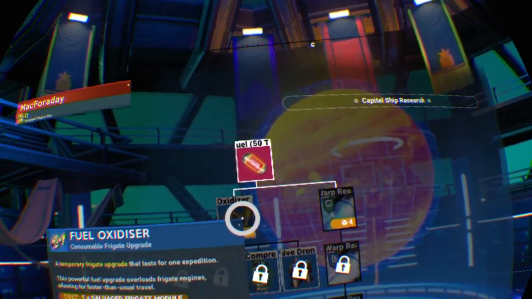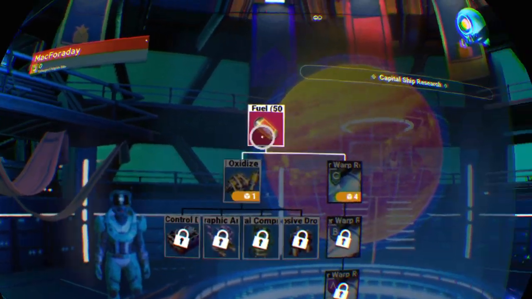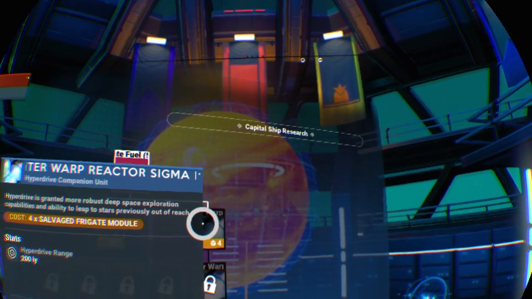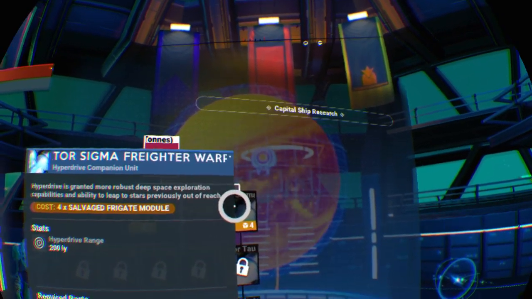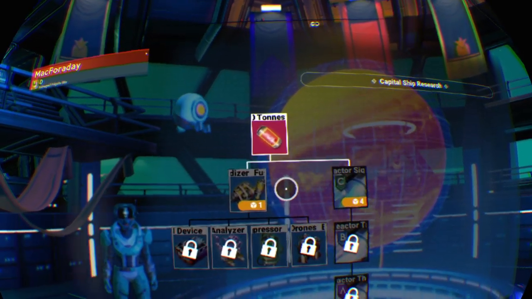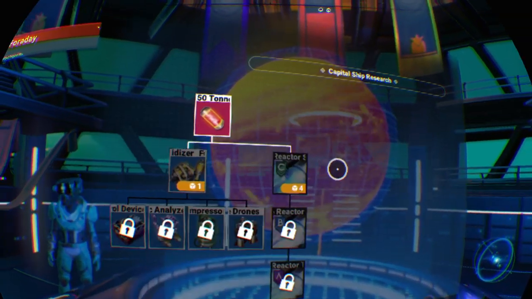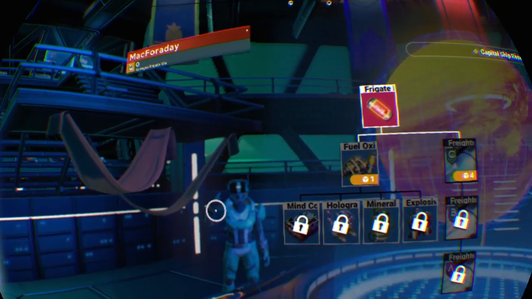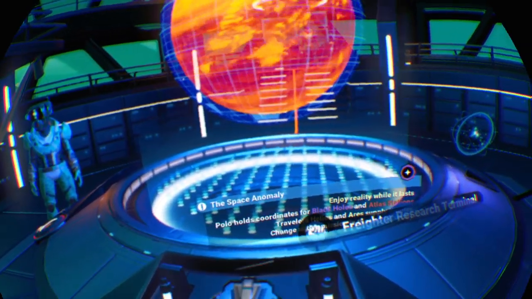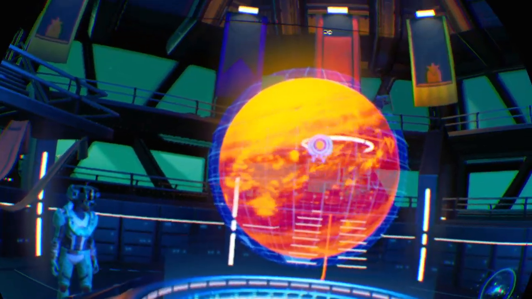You can get them from frigate missions, but you can also get them from crashed freighters. So someday I may do a video showing me getting them from crashed freighters to show people how to get them. But that's how you get those salvaged frigate modules, from crashed freighters and the frigate mission rewards. Okay. So let's continue. We'll be going back to the anomaly, I think, because there's another anomaly thing. But first,